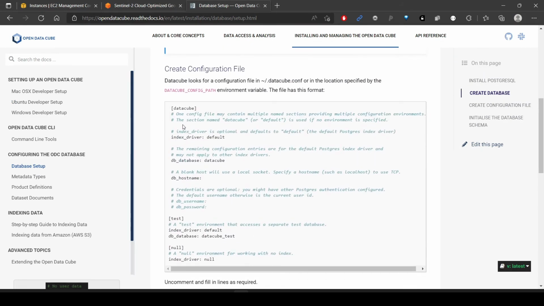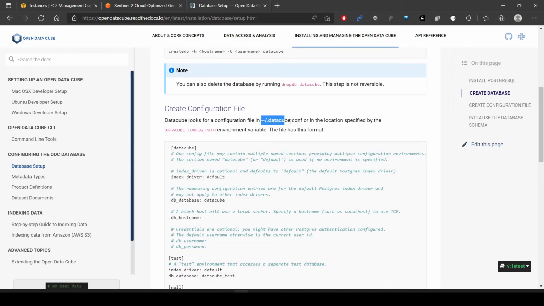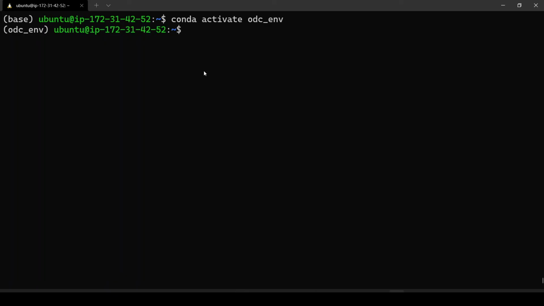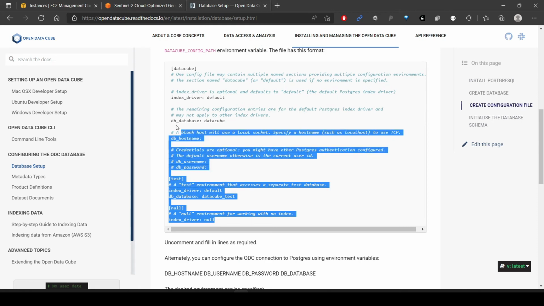Oh yes, we have to do this part, which is creating this file. You can just copy this file, open your browser, do nano, paste, and then you can paste the entire thing.